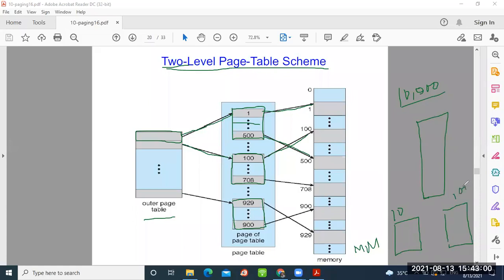Now what will I do? Each of these blocks is going to map exactly how many blocks? A size of 10 here. Now the same thing, 1000 entries. This 10,000 entry table can be split into two tables of 100 and 10. So what has happened here? Now the implementation or maintenance of the page table is much simpler and more effective. This is the main idea behind two-level paging.